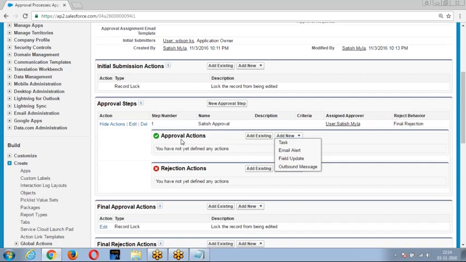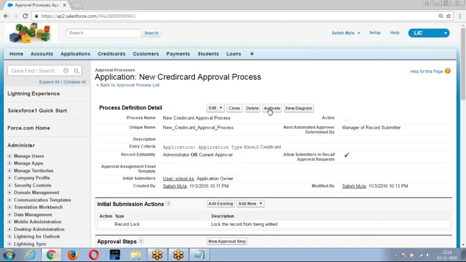Now, let me activate this process. Now, let me log in as Wilson first.